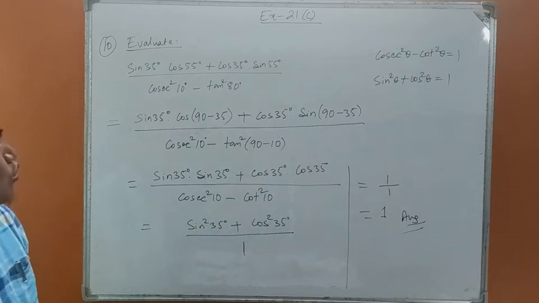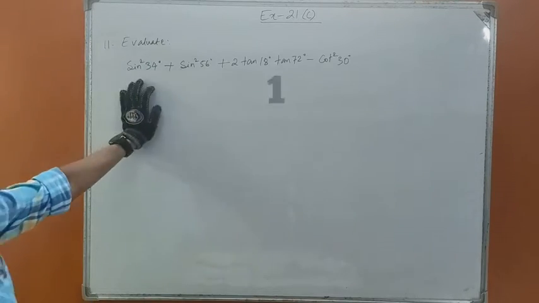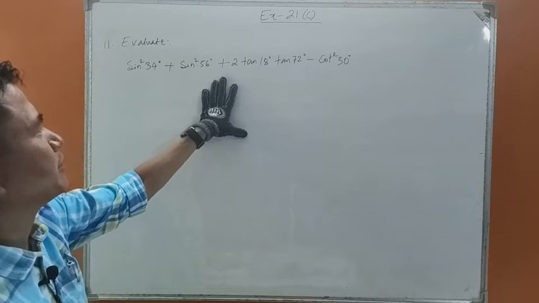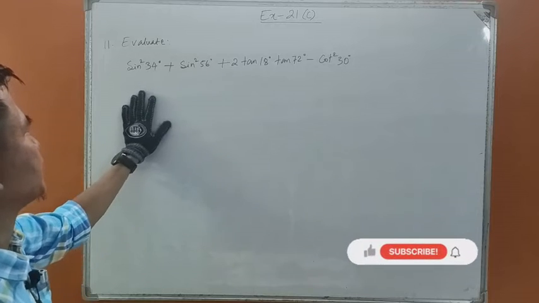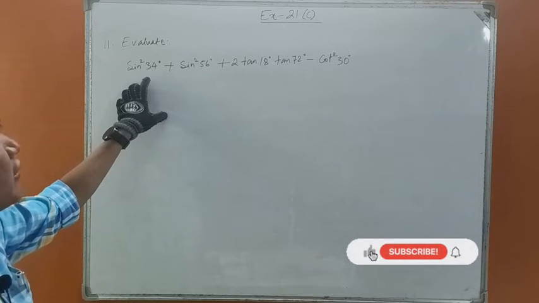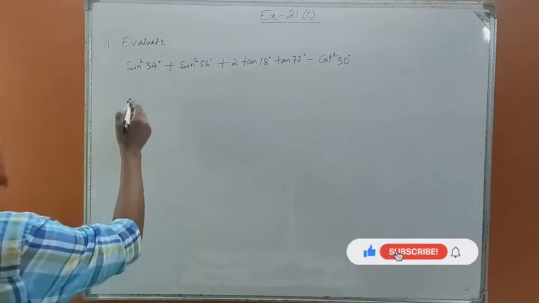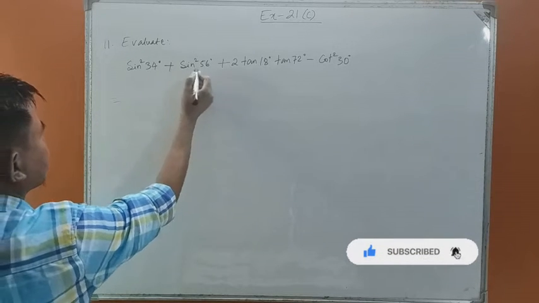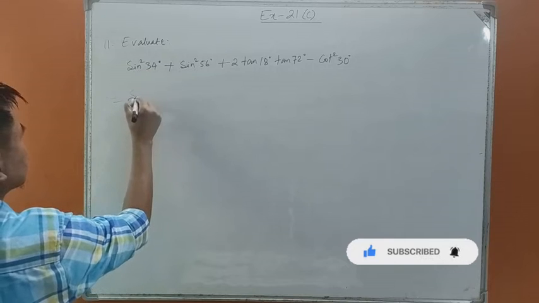Now let us go to question number 11. Evaluate the value of this expression. Evaluate means find the value of this expression, so we are asked to calculate it. Let's do this. We have sin square 34 degree plus sin square 56 degree. Let's copy this as it is. Sin square